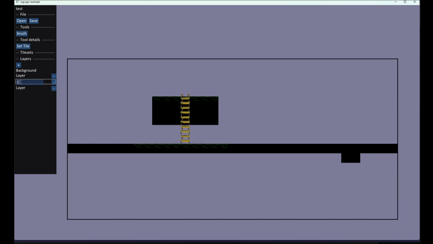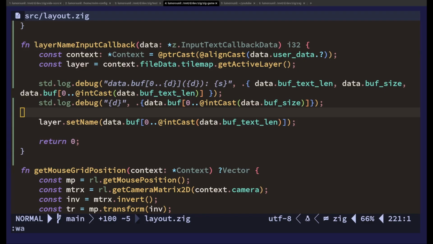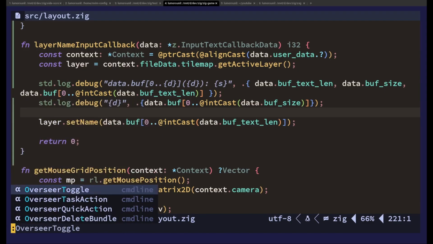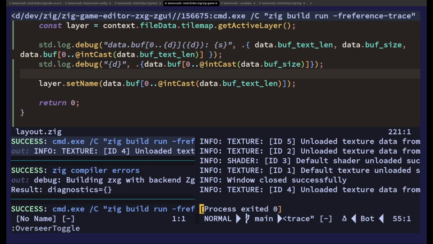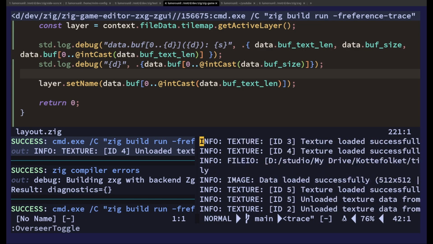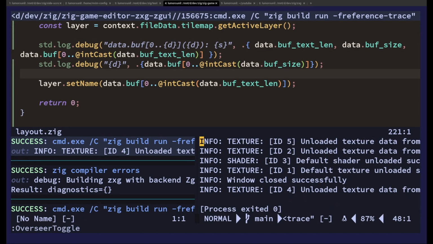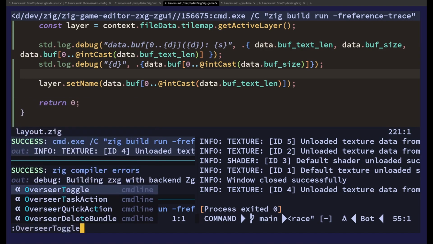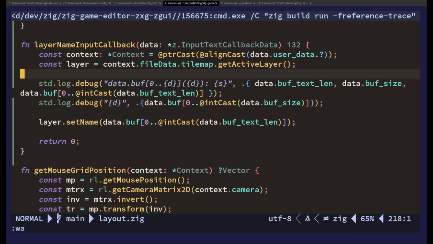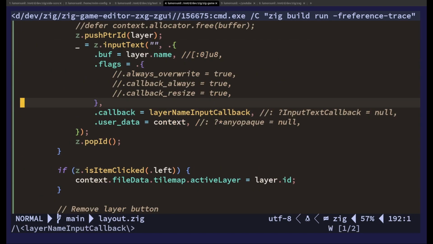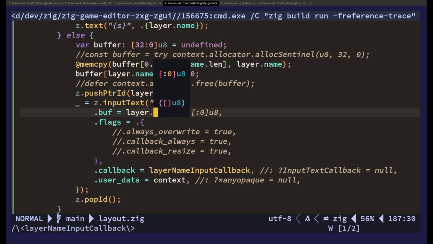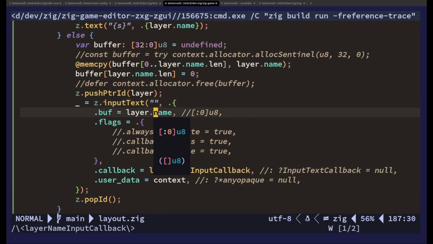Okay, nothing's happening. Okay, so we don't get anything happening here. The buffer is layer names. That should. All right, the capacity. So actually, we need to actually do